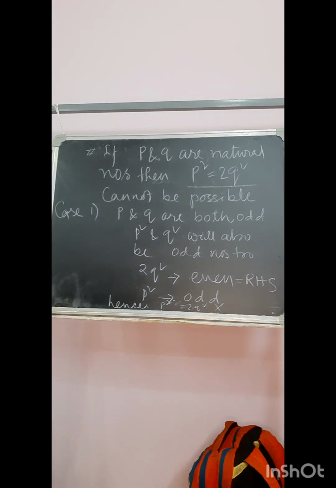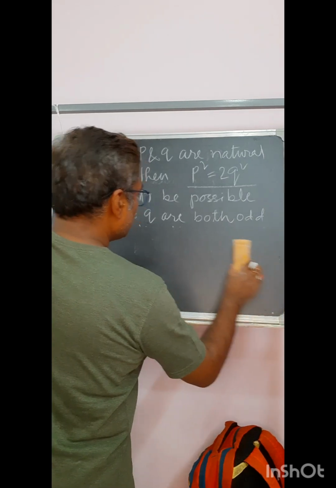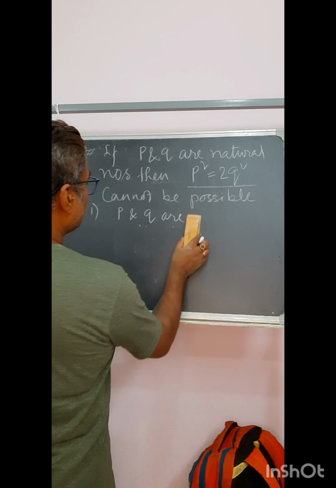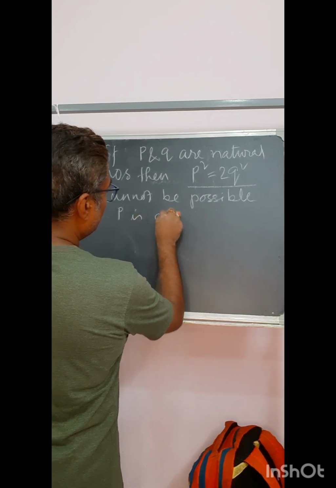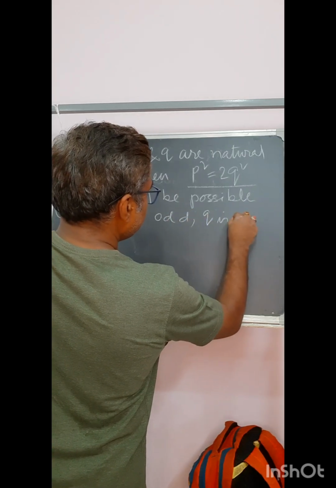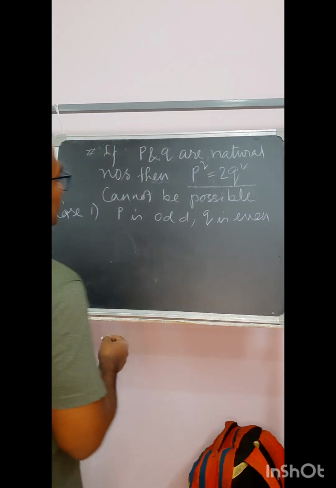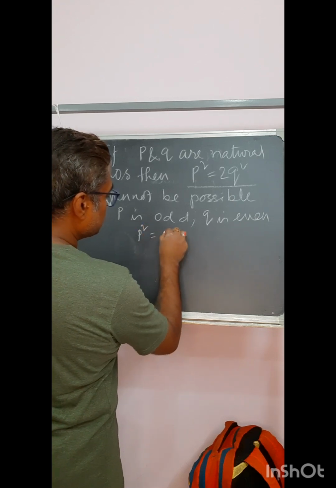Okay, so this thing is understood. Now case 2. I am taking the second condition, P is odd and Q is even. Then what will happen? Now P is odd means P square is odd